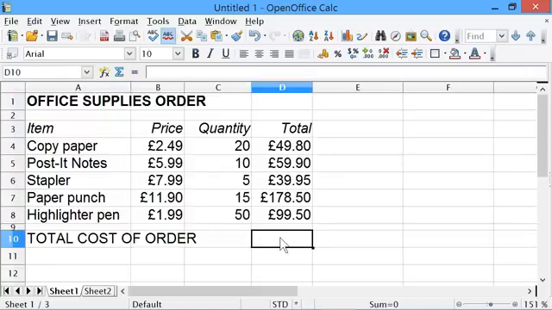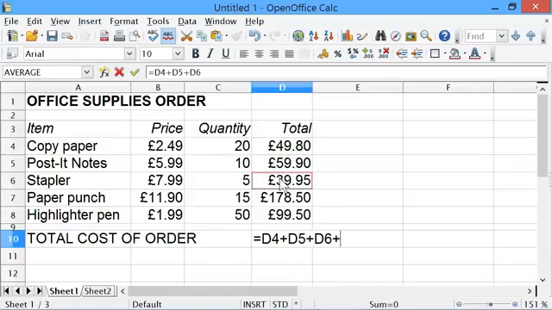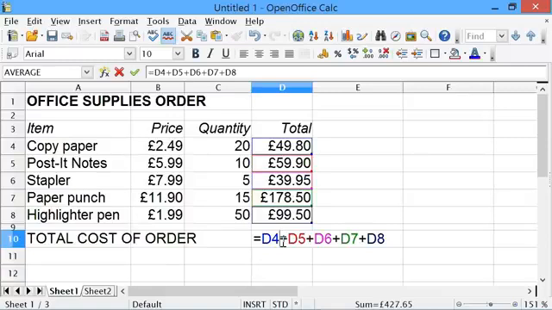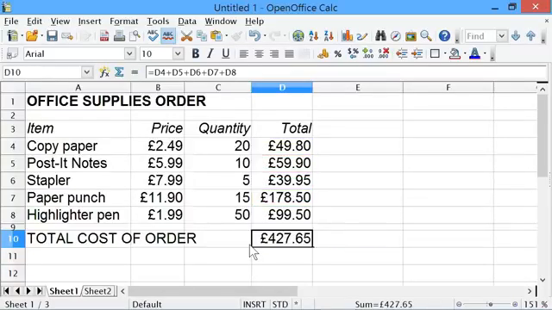Now, one way to do this total will be to use what we've just looked at, to press equals and then click on D4 and then go plus D5 plus D6 plus D7 plus D8 and enter. And that would work perfectly well. However, that's a long formula to enter, and if we had hundreds and hundreds of rows, it would take a very long time. So I'll escape out of that and I'll delete what I put in there,